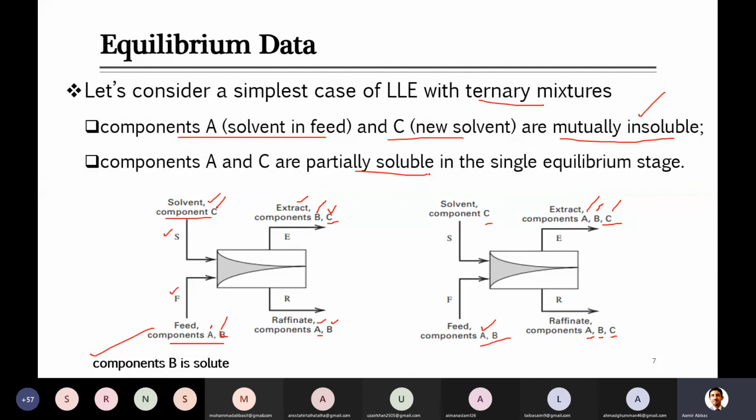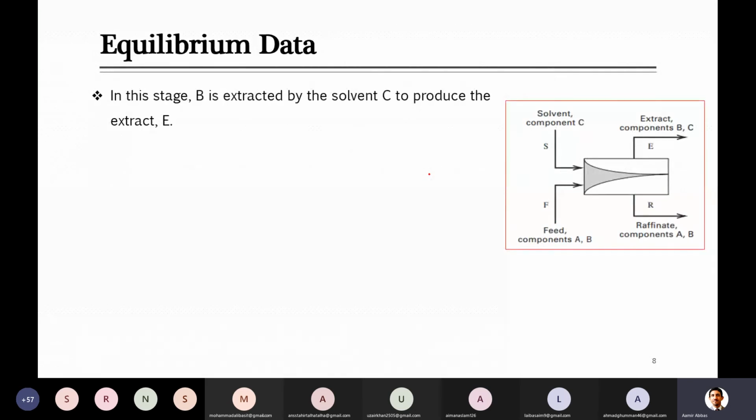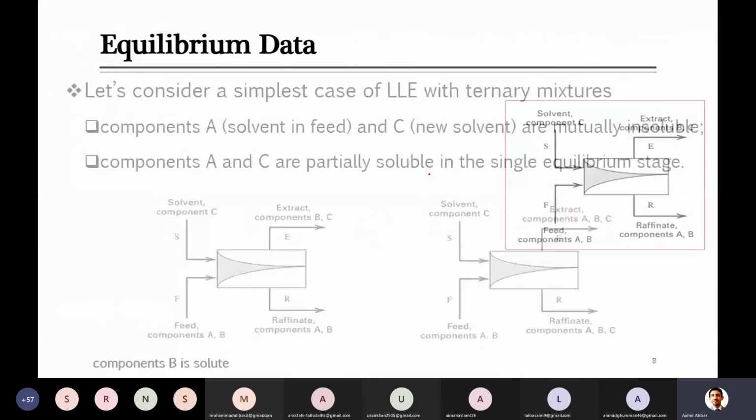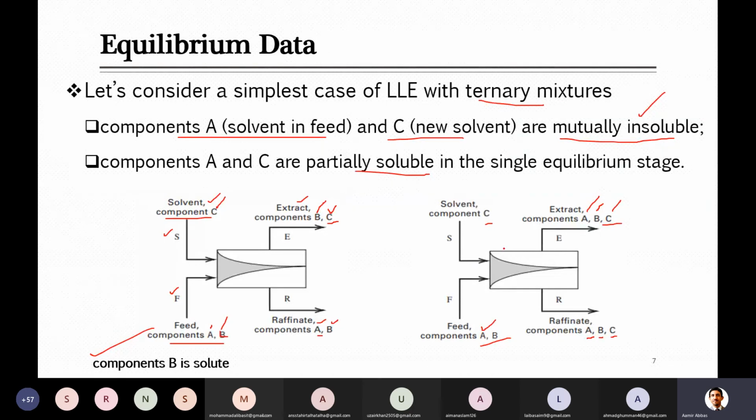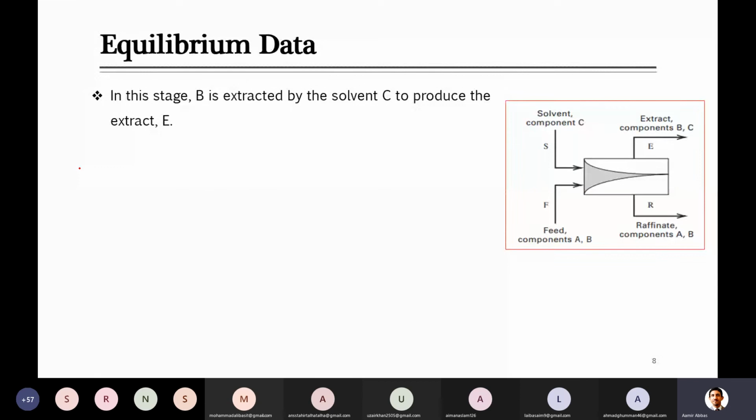So let's move forward, and we will start with the first part. Although we have to discuss these in detail, we will be looking at some of the equations as well to do some calculations. Because these are two systems which can occur as part of liquid extraction, we will discuss them separately. First, we are starting with the one in which we consider that they are completely immiscible, the first case which we just studied. In that case, they are completely immiscible, both of the solvents, they don't have affinity for each other.